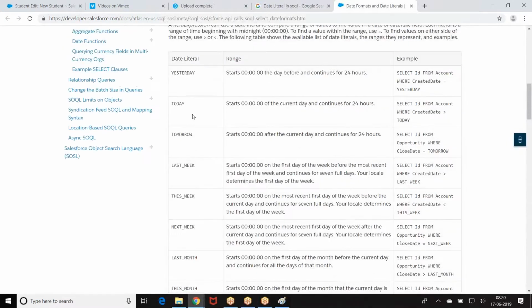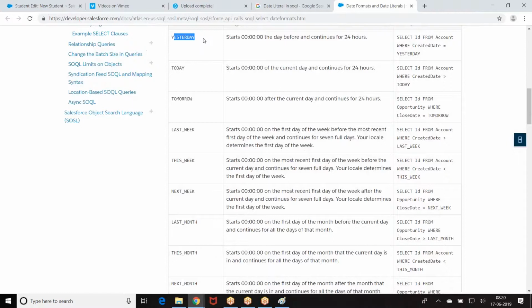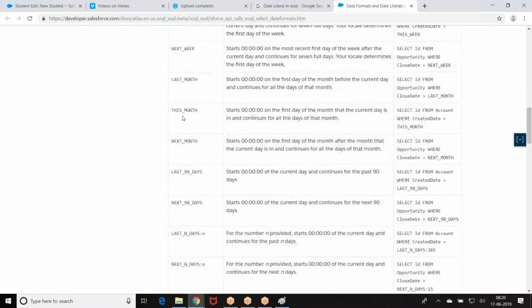So look at the terms here. I just don't want to type all the keywords here. You can just get it from here. Yesterday, today, tomorrow, last week, this week, next week.